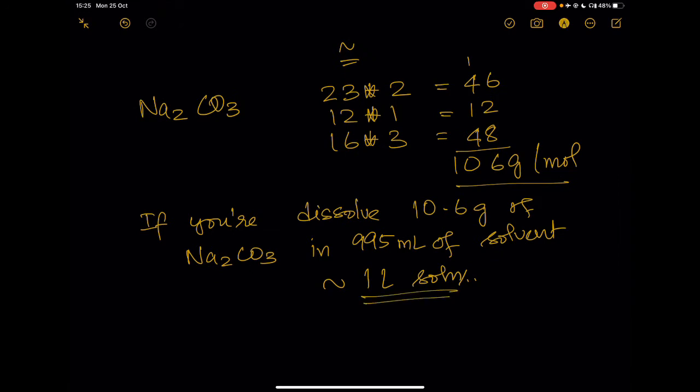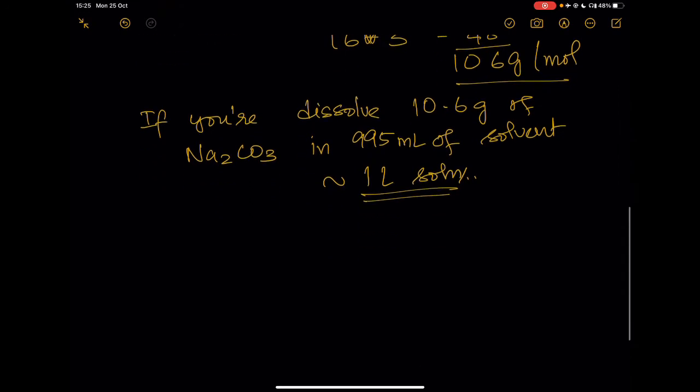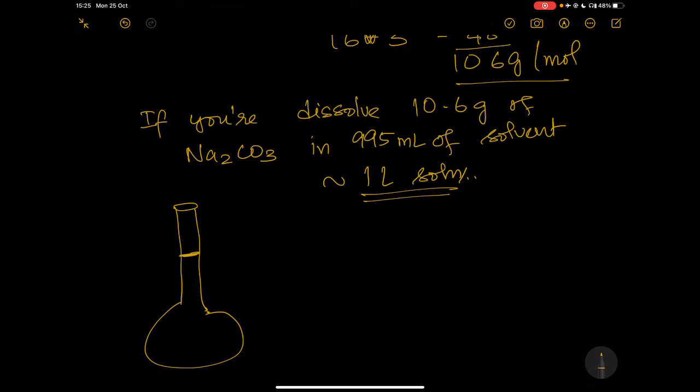Although this sounds a little difficult to understand, in the lab, you'll be using something like a volumetric flask, which has a small gradation here. Meaning that when you use the volumetric flask, you will add a given amount of solute in this and then make a solution up to this mark. Of course, you will have a lower meniscus that you'll be looking for with something like water. Very rarely do you have solutions that have an upper meniscus. So once you have this, the volume of 1 liter can be easily achieved.